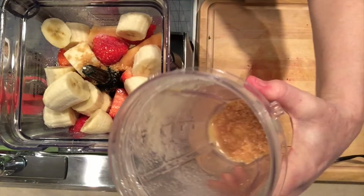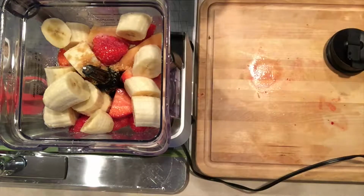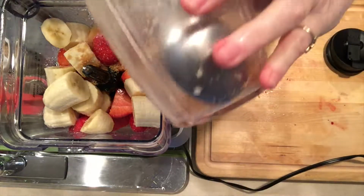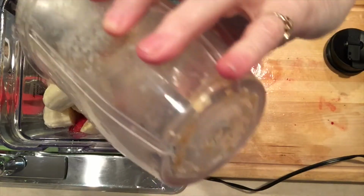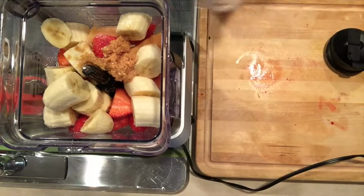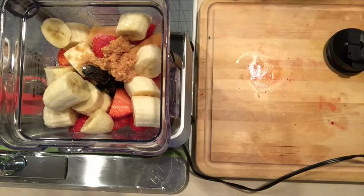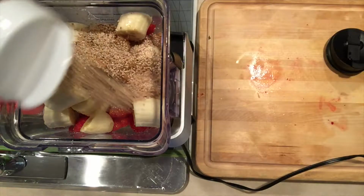The seeds actually stuck to the bottom, and I'm thinking that they would be really good to put in my fruit smoothie. Being as that I'm adding chia seeds and whatnot, why should I not add the seed of the cantaloupe? Now I'm going to add sesame seeds,